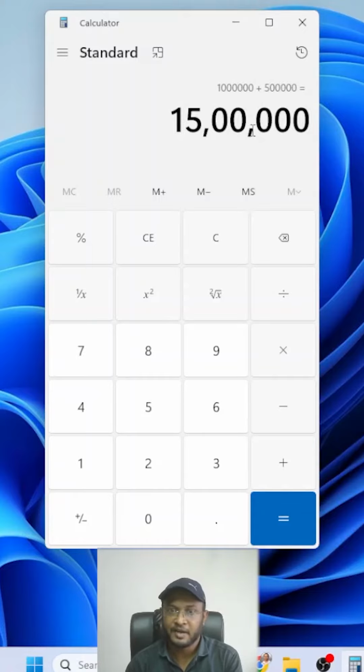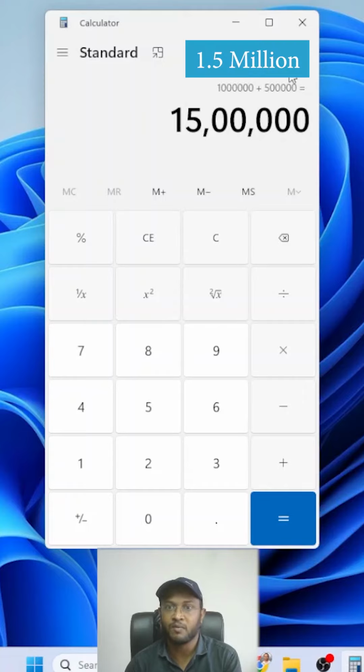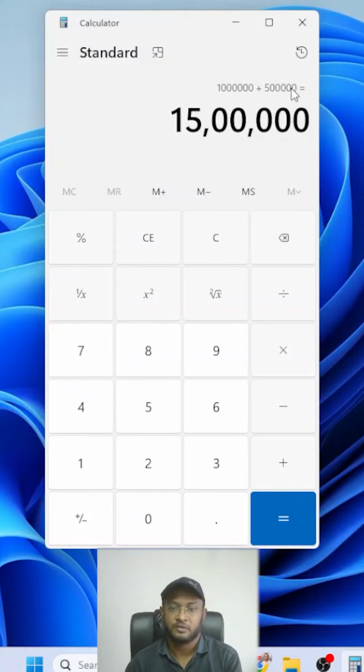I can read it, I can translate this amount into words by seeing this comma, but my suggestion is to translate this digit into text here so we can understand quickly. If there is an output of 15 lakhs, meaning 1.5 million, we need to write here text 1.5 million,